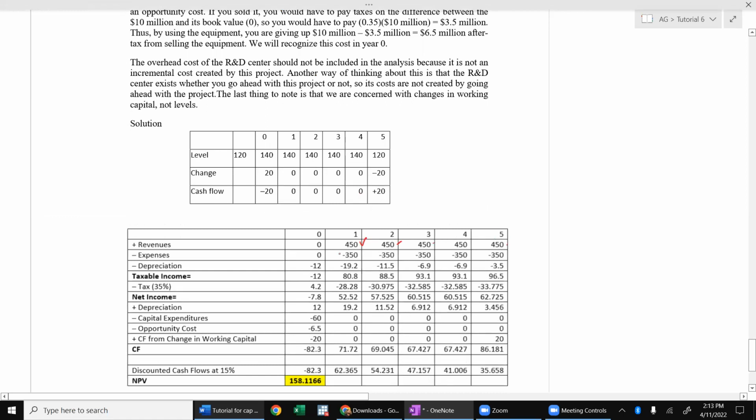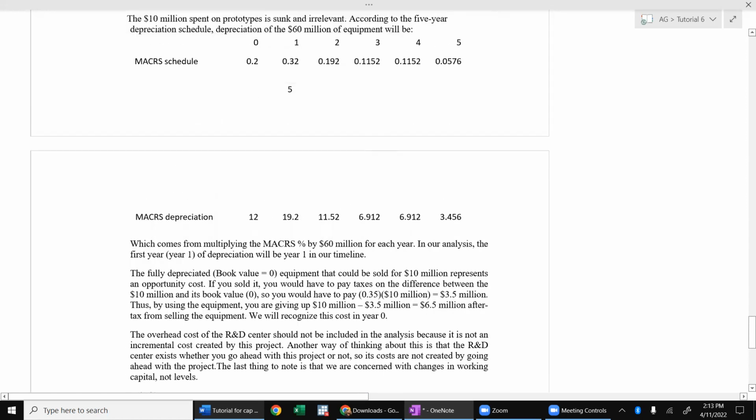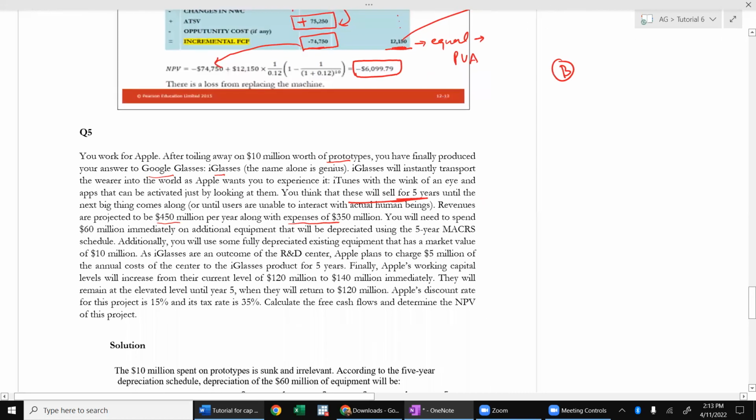For 5 years, and cost is also given, 350. It means sale is given, CGS is given, so every year for 5 years it is given. Perfect. Now you will need to spend 60 million immediately on additional equipment that will be depreciated using the 5